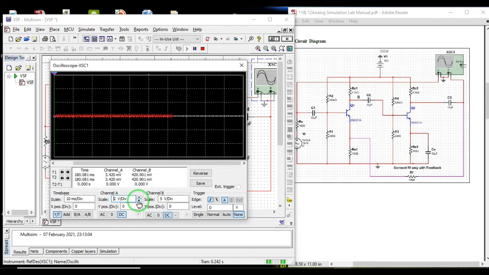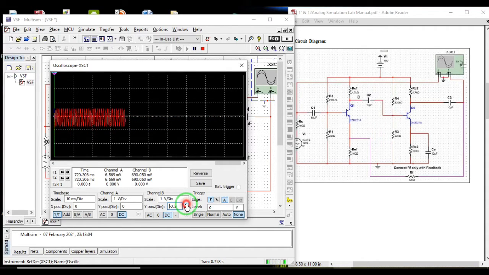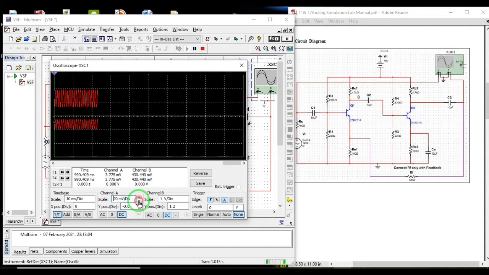Yes, you can see here. Now there should be two signals. I'll just Y position, I'll bring output or output upside, and this input down, because input is only 10 milli.